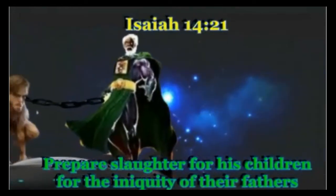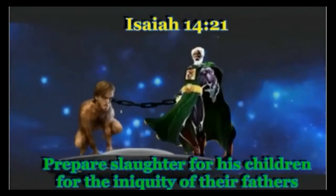slaughter prepares for his children, with the iniquity of their